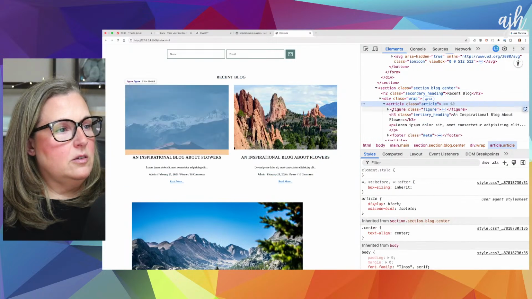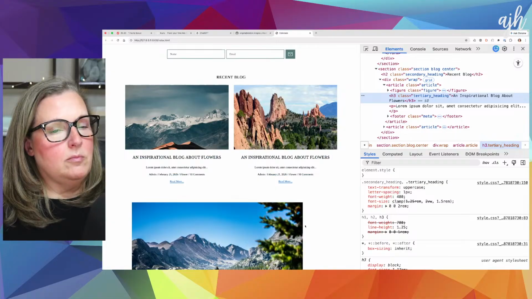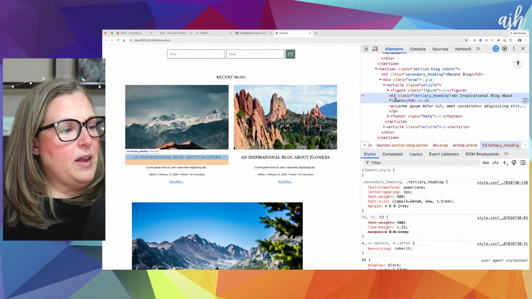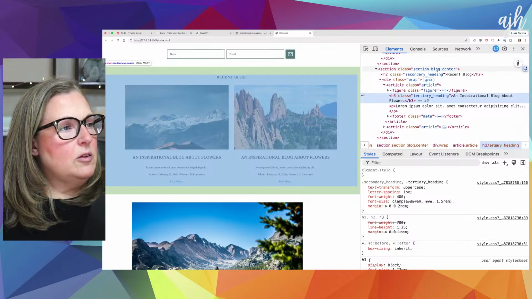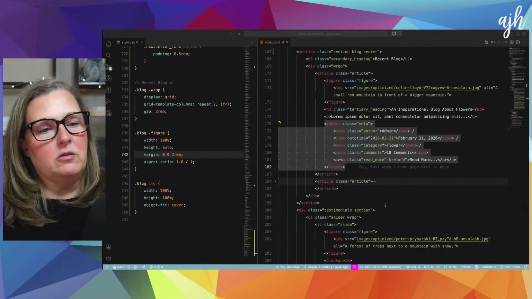So here's our H3. I think we need to trim some of that margin off. So for our tertiary headings inside the blog, so we'll do blog tertiary heading, and I'm going to change that margin.